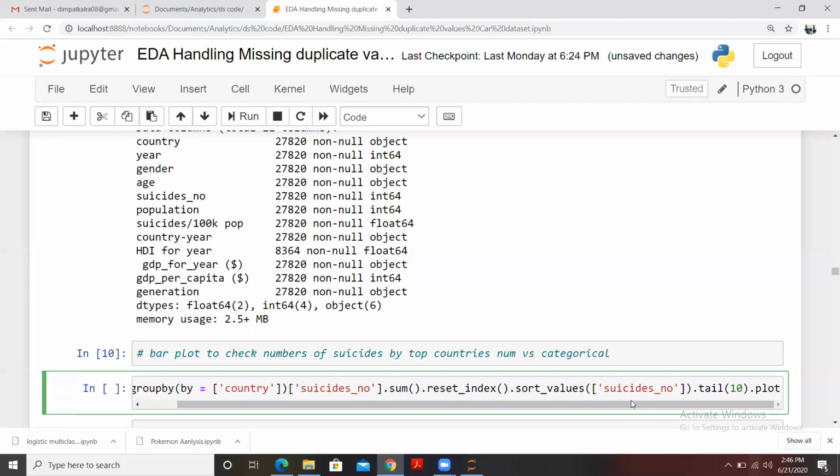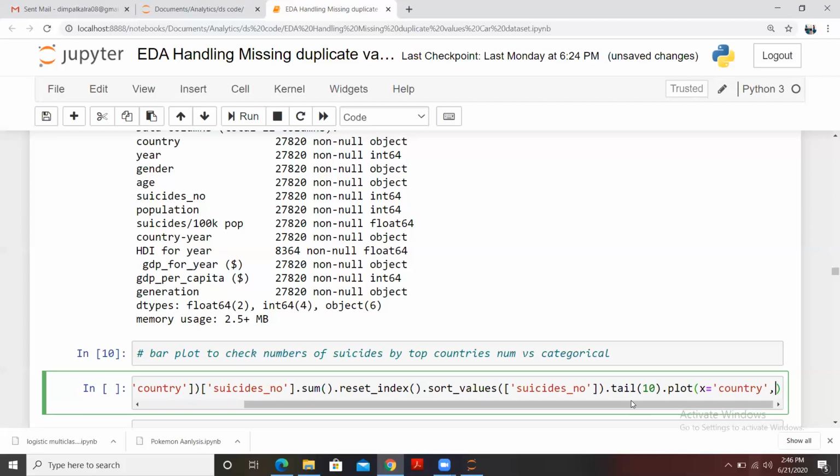So for the syntax for plotting this, I have to pass my x and y. What is my x here in that plot? My x would be x equals country, right? Country is my x column, and I want to do it in correspondence to the suicide numbers, which is my y.